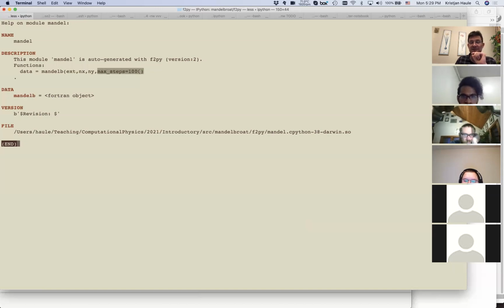But we also see that the steps parameter that we changed with the F2Py directive is an optional parameter. It's already given as an optional parameter in Python, isn't it? Normally, I think we can also add some string, a description of what the function does, but I didn't add one, so the description is kind of empty. Still, this minimal description is put there by default, so we have something. So for us now, this module exists, and this function inside the module exists,